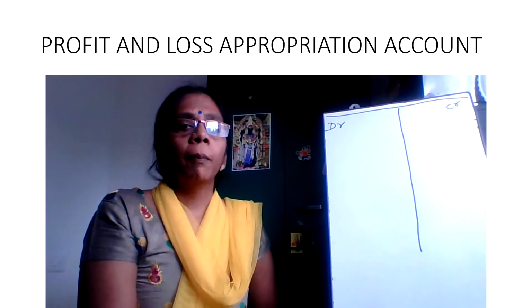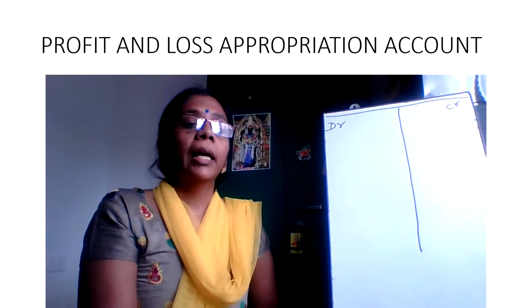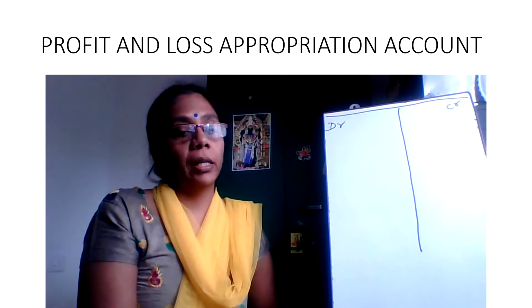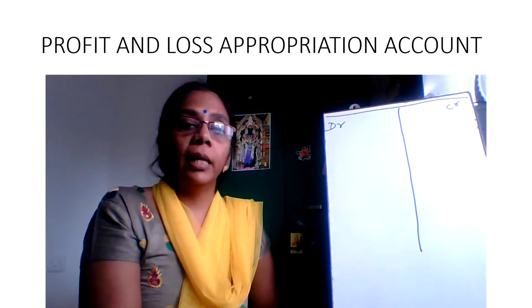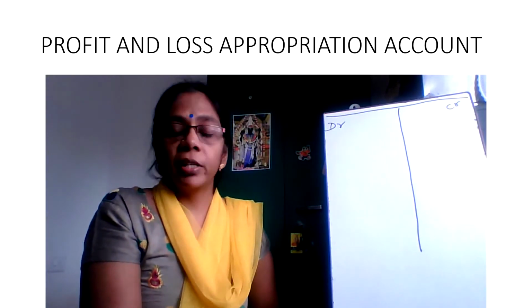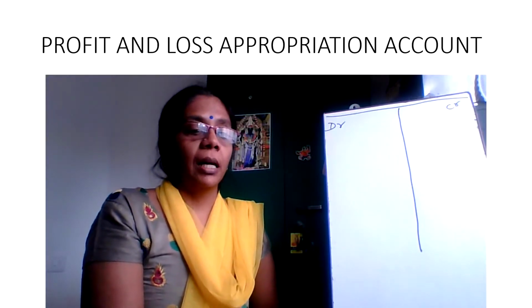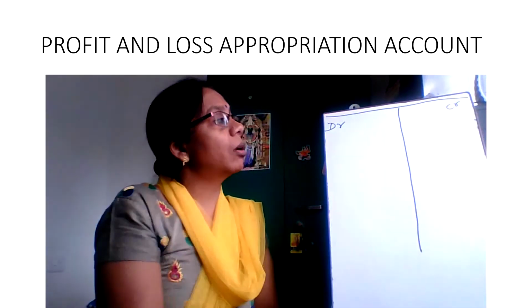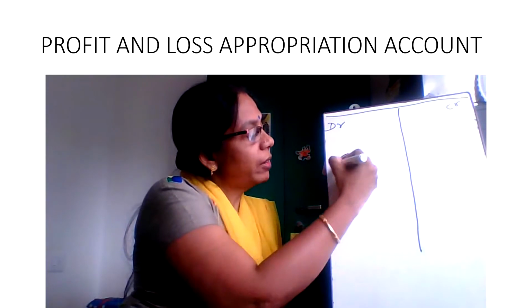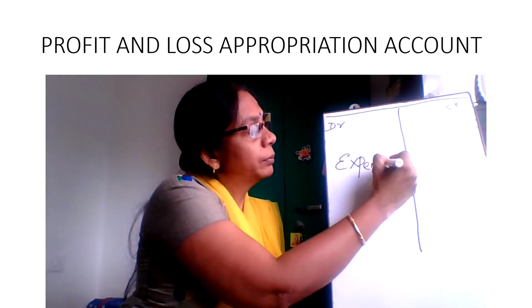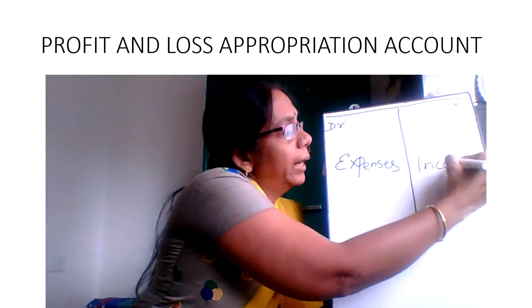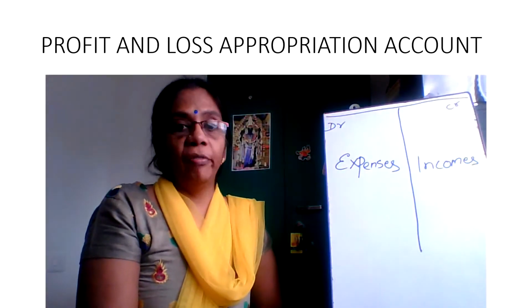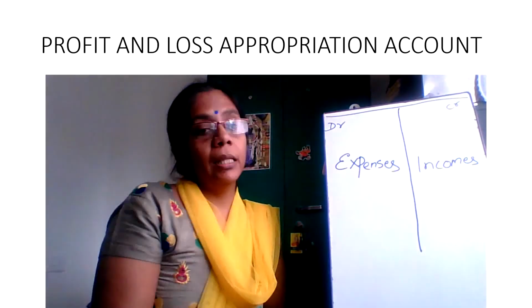As I told you, the profit and loss appropriation account is a continuation of the profit and loss account. So you should understand that this appropriation account begins with the closing balance of the profit and loss account. In your previous class, you should have learned how this profit and loss account would have been prepared. We used to prepare it this way. Debit used to carry all the indirect expenses. Credit used to contain the incomes, if any. And we had to balance this account.